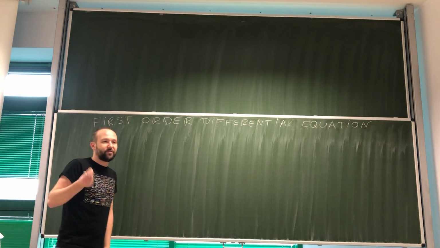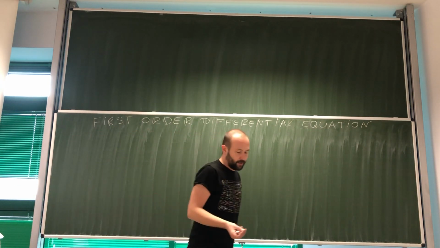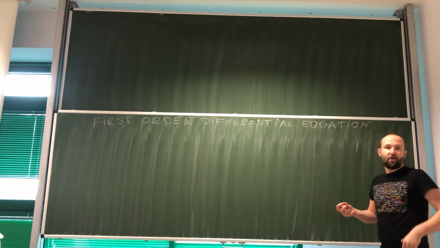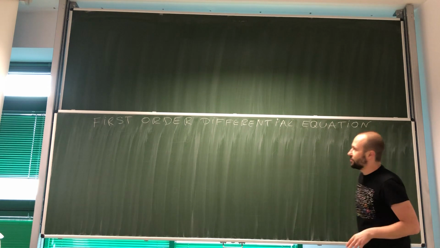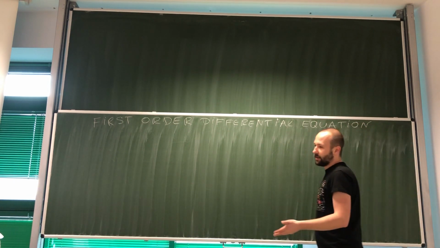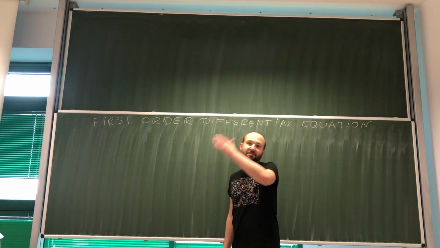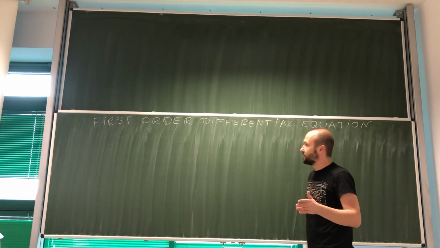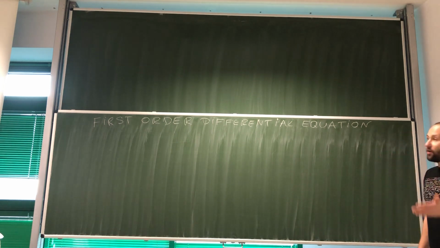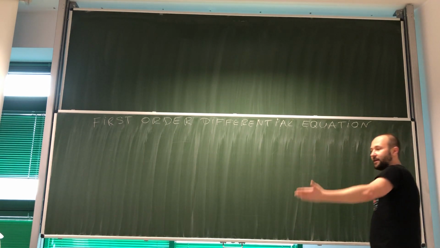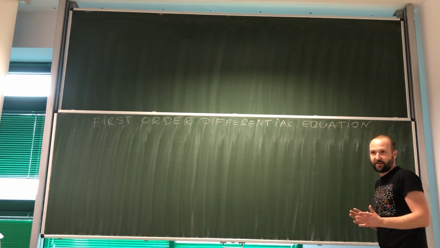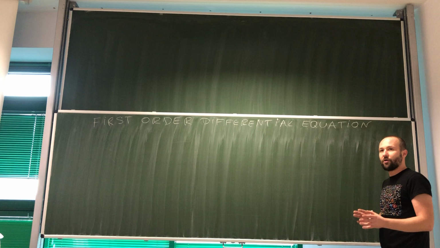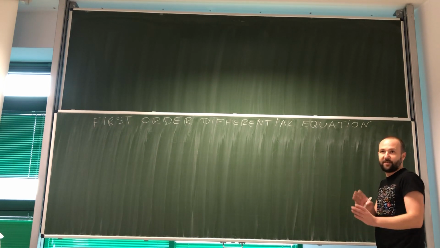equations. What does first order mean? Well, first order just means that we will have only the first derivative in this equation. And look, a second order differential equation is going to be an equation that has first and second derivative or just second derivative. A third order differential equation would be an equation with a third derivative. And even if we have just a third derivative, it is already a third order differential equation, even if it doesn't